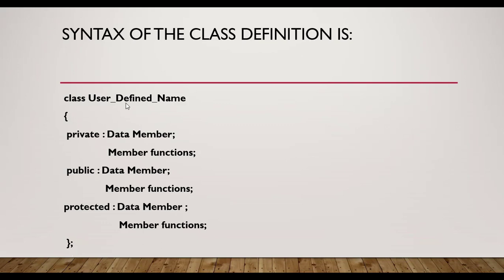So a class is a grouping of objects. We have studied that a class is a grouping of objects of similar characteristics. And a class consists of data members and member functions. These data members and member functions come under different access specifiers, that is private, public and protected. So this is how we define a class: class, class name, that is the user defined name, and you have to open a flower bracket. Then come access specifiers. In each access specifier we have data members and member functions. There are three types of access specifier.